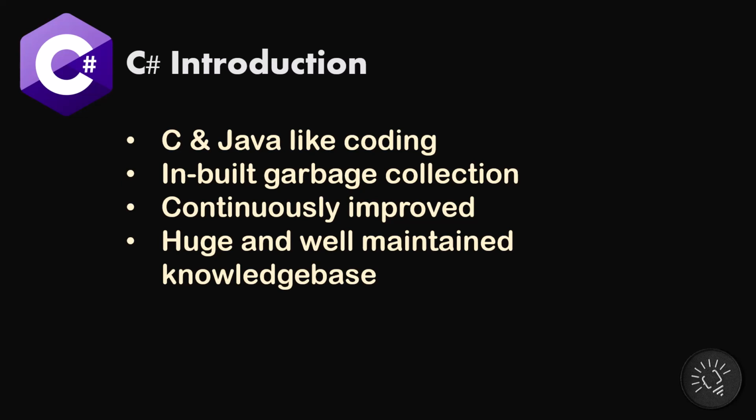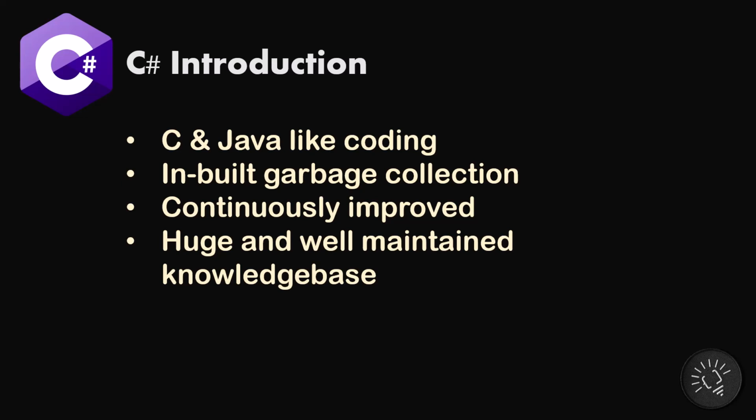So I would say today C Sharp is suitable for nearly every kind of development except for AI. And of course, Python is the king when it comes to AI. C Sharp does have an AI library from Microsoft, which is decent. I have used it before, it works, but they just don't have the community power behind them like Python does. So if you're gonna do AI, then I would say definitely go for Python, and that's why it's number one. But otherwise, if you're not gonna do data science or AI, C Sharp is the language that will give you access to the most number of platforms, and it is continuously improved.